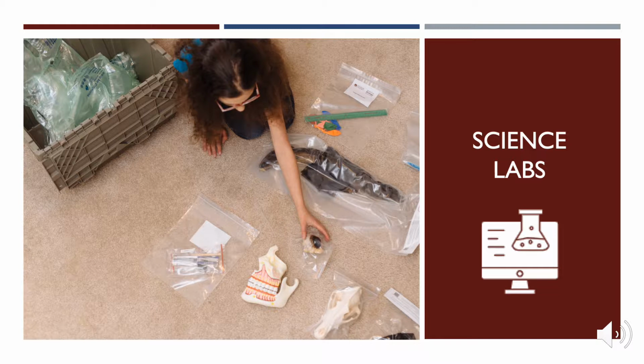Parents often ask how students complete science labs in an online classroom setting. The Davidson Academy's online campus mails science kits to all students. These kits include most of the materials that students need to complete labs throughout the course of the year. Some common household items are still needed, and teachers give advance notice at least a week ahead of time before these supplies are required. And yes, you will see in that picture there is a dogfish that a student will be